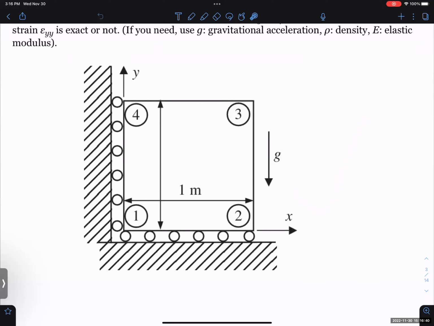Yes or no? So how many of you already watched my tutorial video? Abaqus. Okay. So if it's Q8, can it represent the accurate result or not for this one? Yes? No? Raise your hand if you think it's yes. Okay, great. Thank you. So yes, because in the Q8, it has,